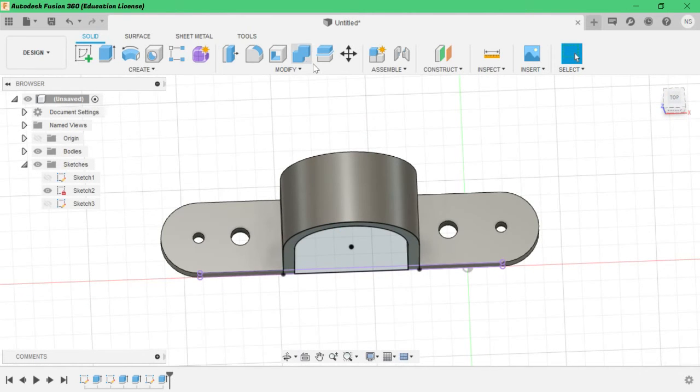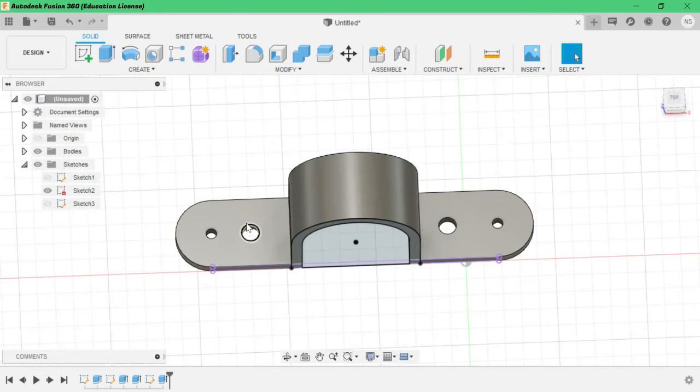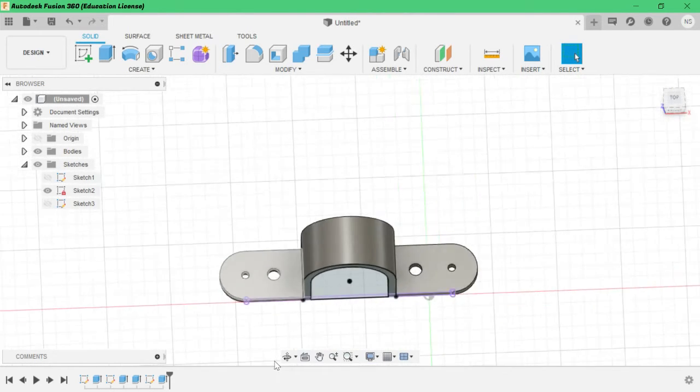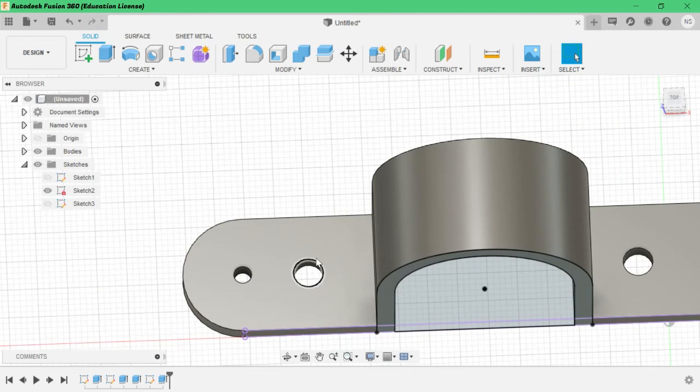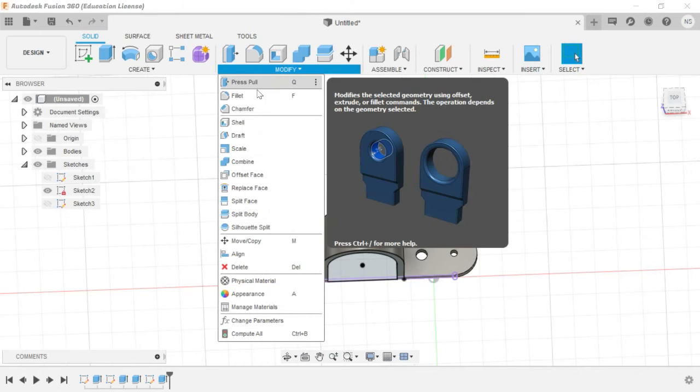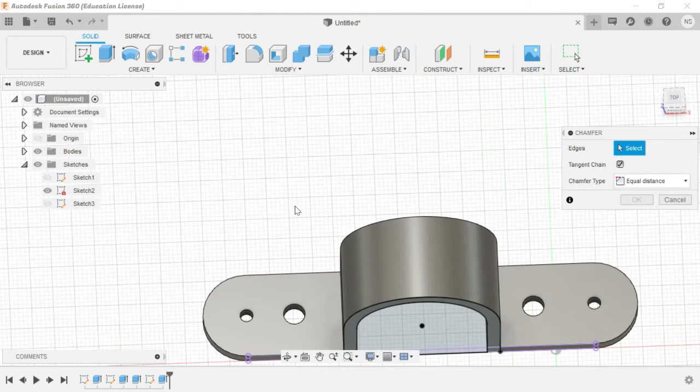So now this looks good, but there must be a tapering. We have to give some tapering so that the screws will fit inside these holes. So for that we have to give not fillet, it's chamfer.